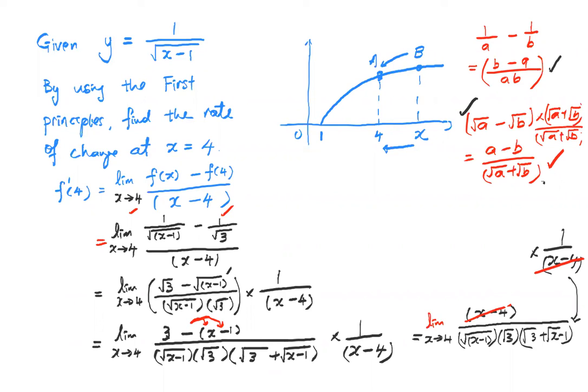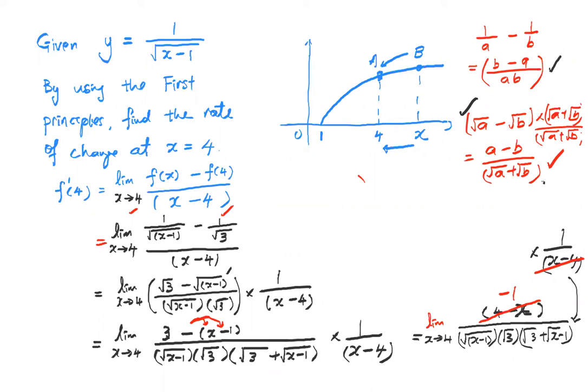Oh, that one is 4 minus x, sorry. So how? If this one is 4 minus x, then how to cancel off? Can. Is the reverse, correct? So you cancel already, you put negative 1 here. Isn't it? Okay. So now, as x approaches 4,